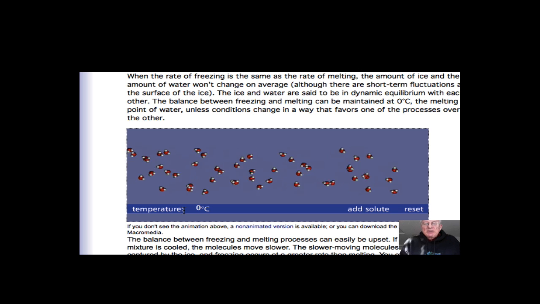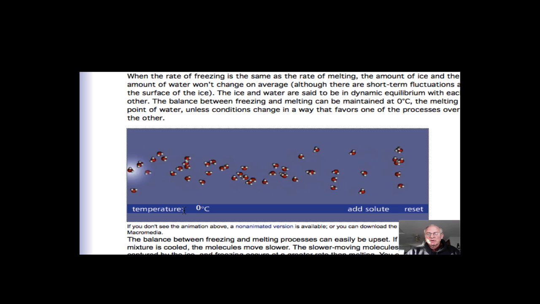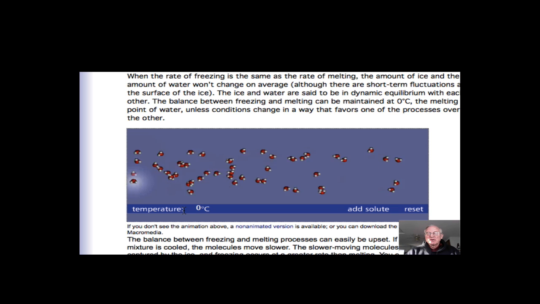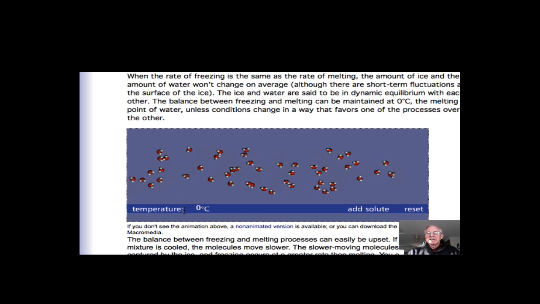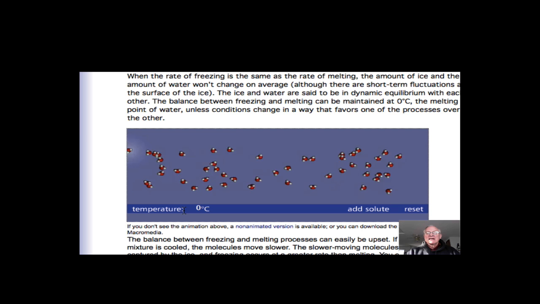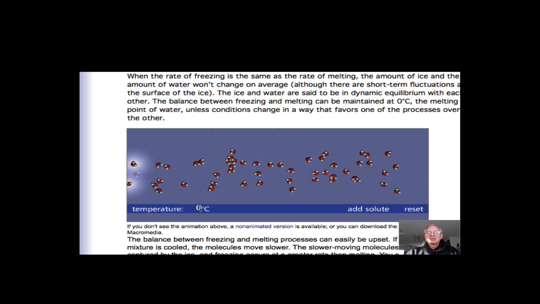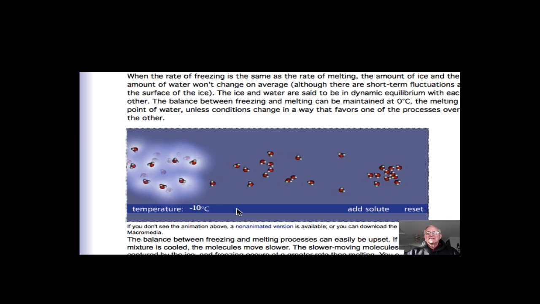Now let's take a look at our third and final property of solutions. So here we're going to look at how adding a solute affects the freezing temperature of a solvent such as water. So here we have an animation of water molecules in the liquid phase at a temperature just where freezing is about to begin. So let's lower this temperature down just a little bit and watch the freezing process take